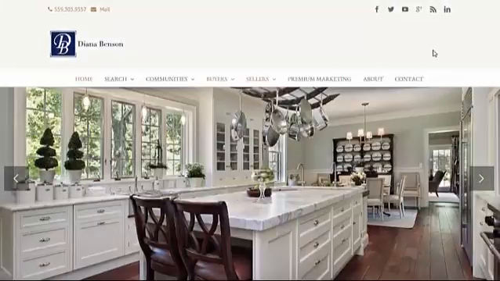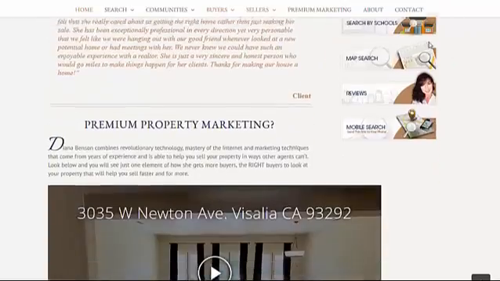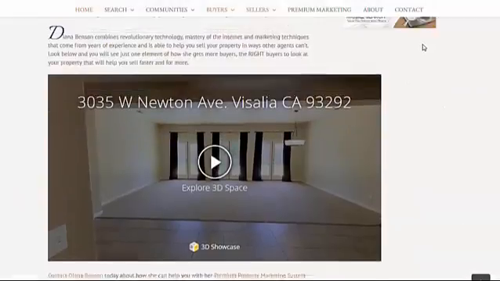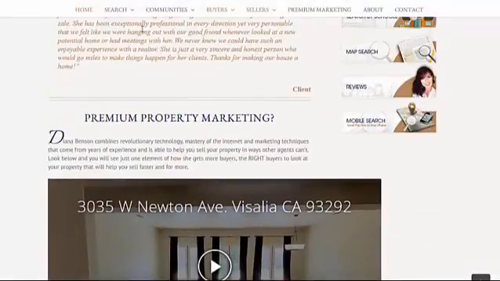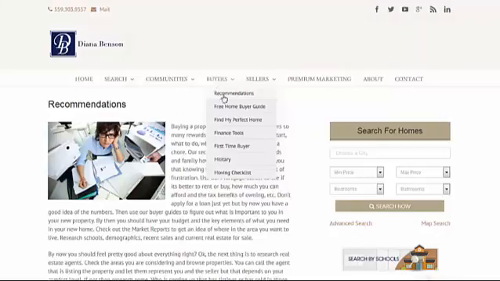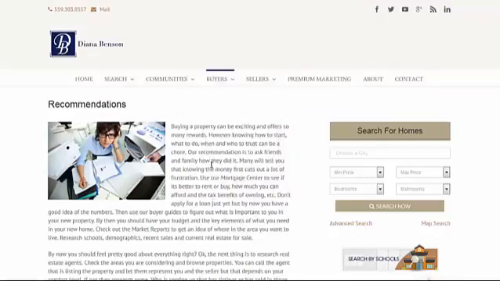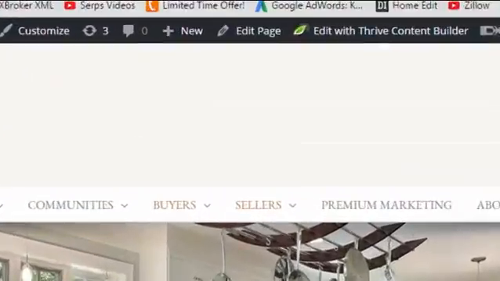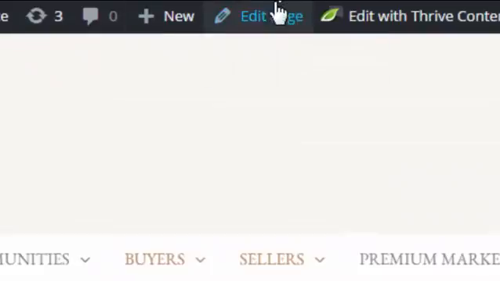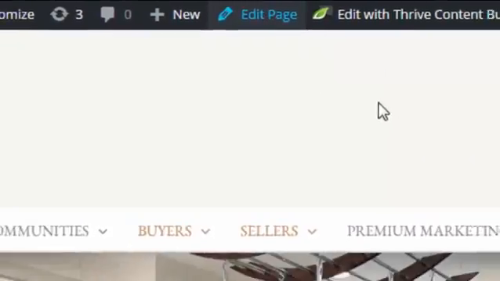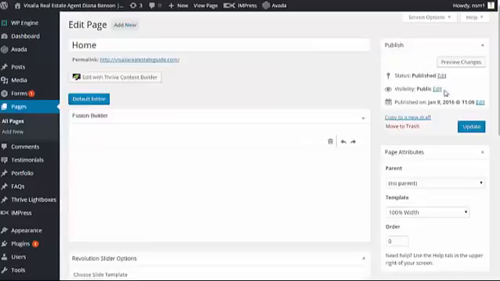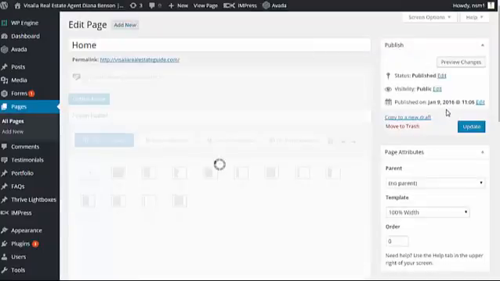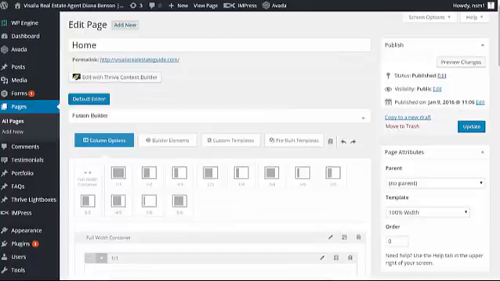Okay, so here's a website, and we're going to show you how to edit it. If you want to edit the home page or back pages, the thing to do is you go here. This is the page, right? The first thing you've got to do is log in. Once you log in, you'll see this whole black bar. You click on this, and this lets you go straight to the page that you want to edit. So if I go here,